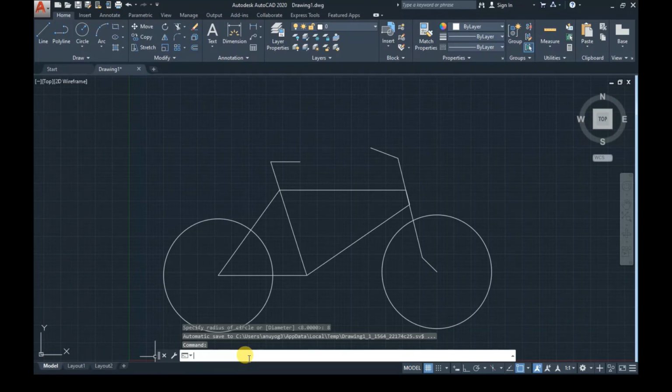So look, it has been claimed that line and circle are the most important commands we use in AutoCAD. Obviously there are others, like undo also. When we make mistakes, we can press U for undo. So the idea was to tell you that there are line commands, circle commands, and many other commands. This is our workspace. We have a command line. We can use line, polyline, circle, arcs. And these are our ribbon panels that we will work with in our next lectures.